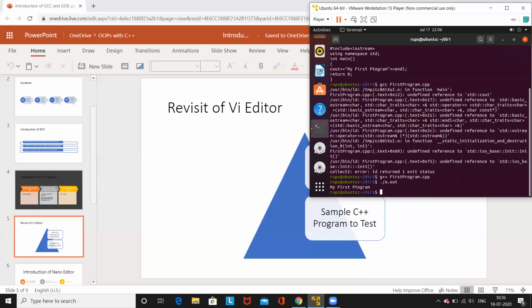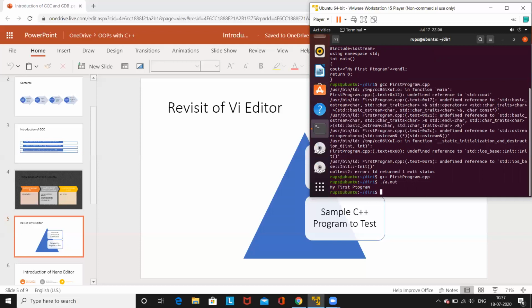To see the output of the compiled file, dot slash a dot out is the standard command you have to remember. If I use GCC, it will be a little bit different.